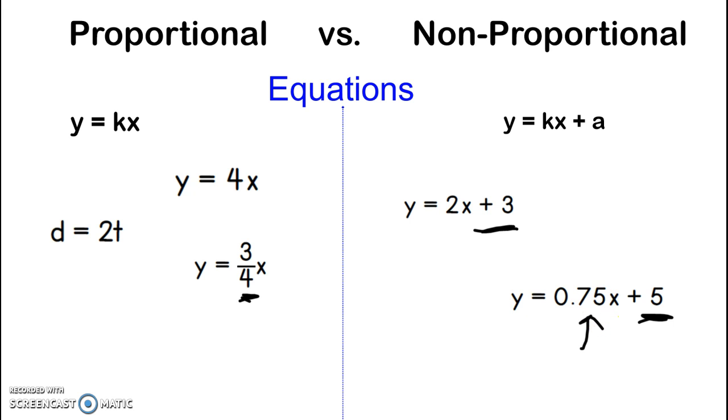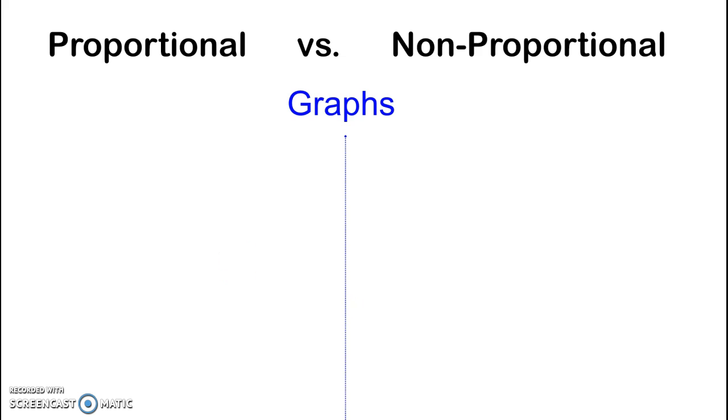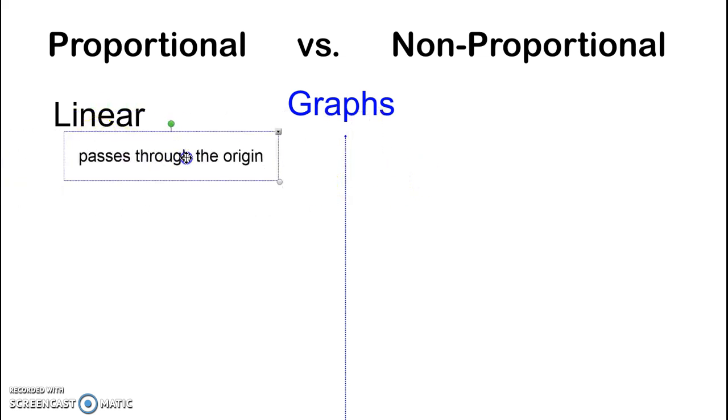So those are equations. Next we have graphs. So what graphs look like when they're proportional. And there's a couple things that we need to remember. So a proportional graph is linear, which means it forms a straight line. It passes through the origin. So those two things need to happen for a graph to be proportional,